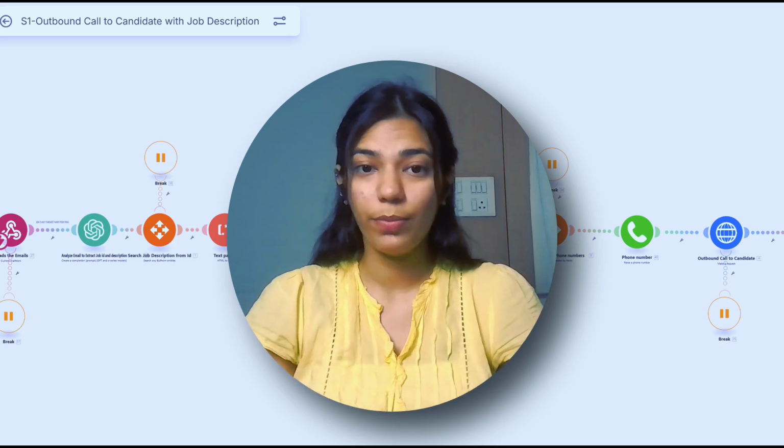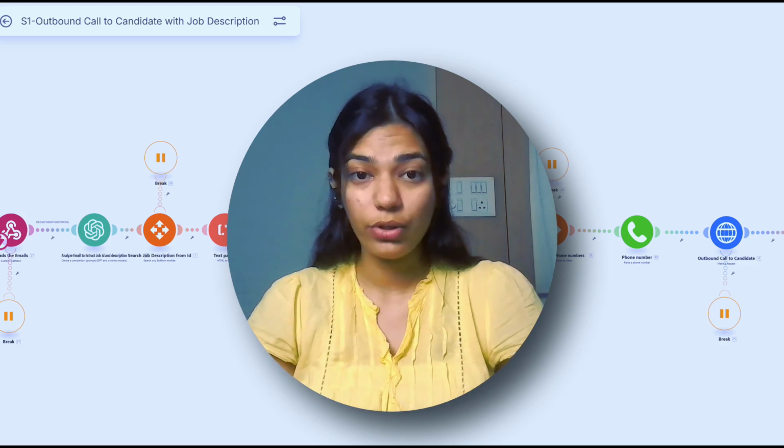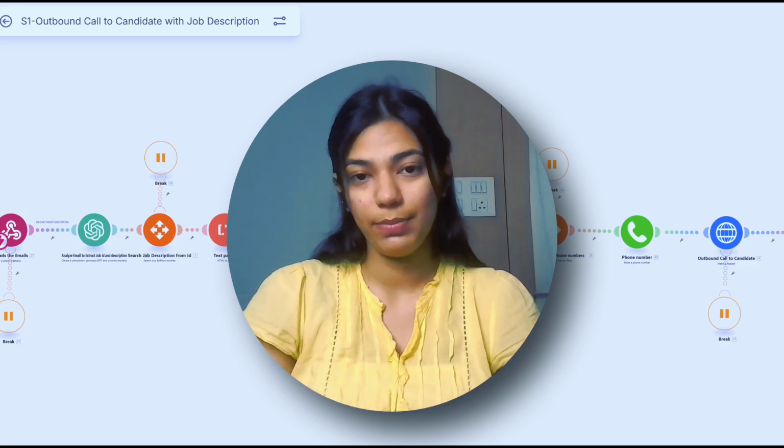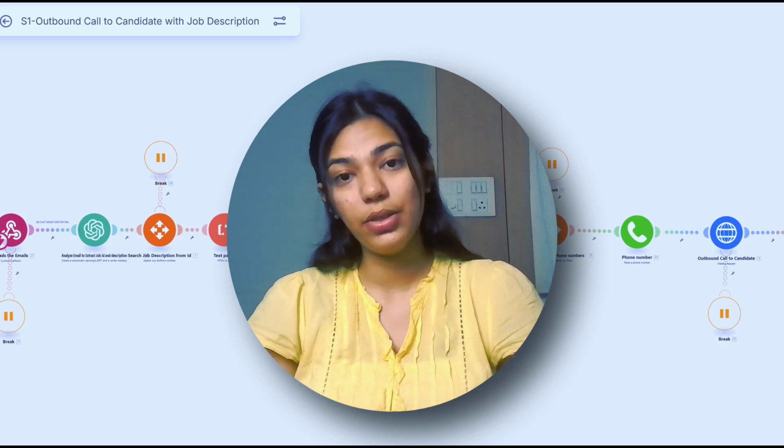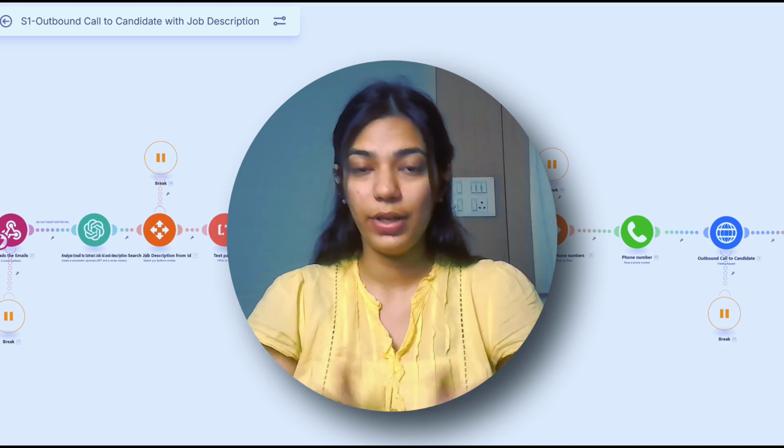But it doesn't just stop there. If a candidate misses the call, the system automatically sends them an SMS, and in the SMS, it asks them to call back, and it can also converse with the candidate through an SMS bot. If they request a callback, the system can also initiate a callback immediately to the candidate. This system ensures that the process of following up is efficient, saving recruiters a lot of their valuable time.